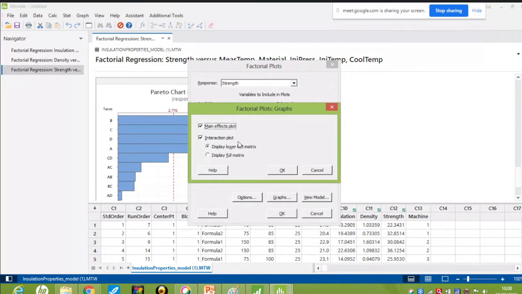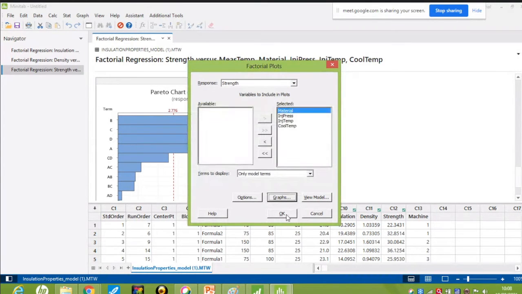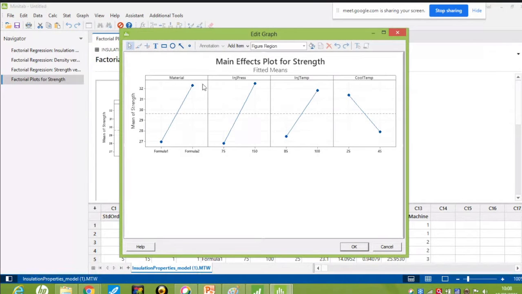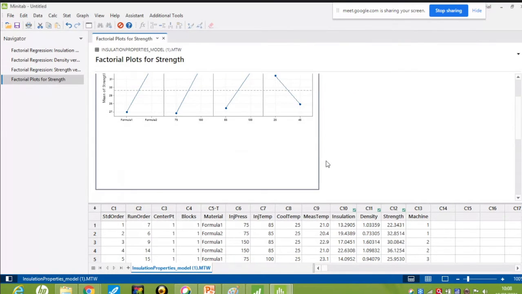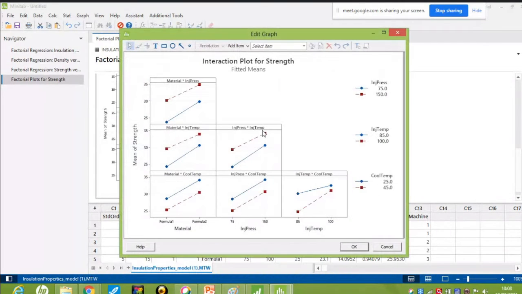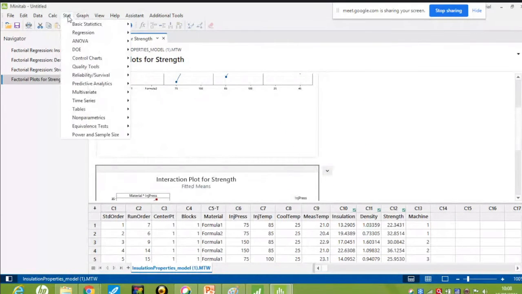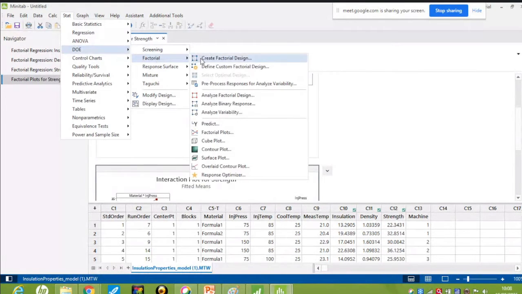In the graph's main effect interaction plot, material, injection pressure, temperature, and cool temperature are all significant. There is not much interaction between the factors, only for the injection temperature and cool temperature. So here we go to Stat, DOE, Factorial, and Response Optimizer.